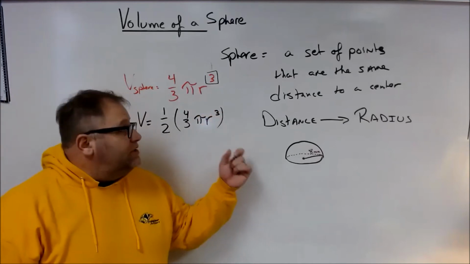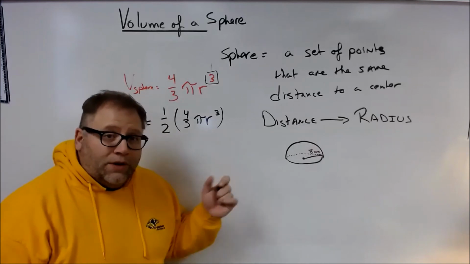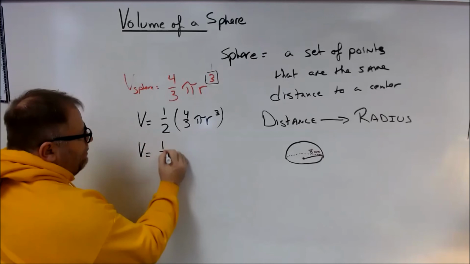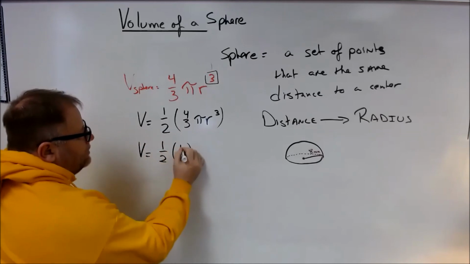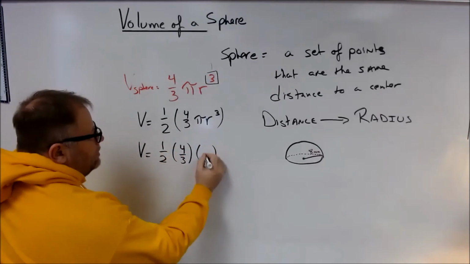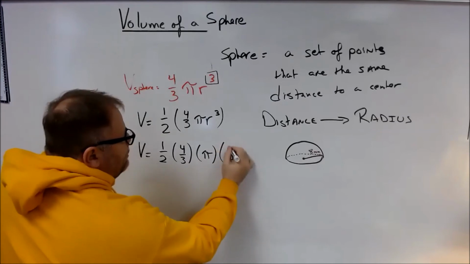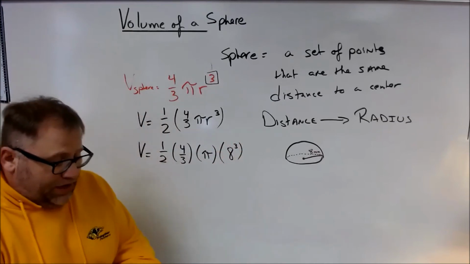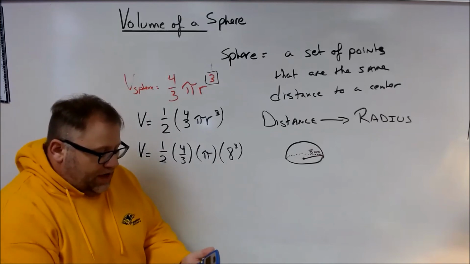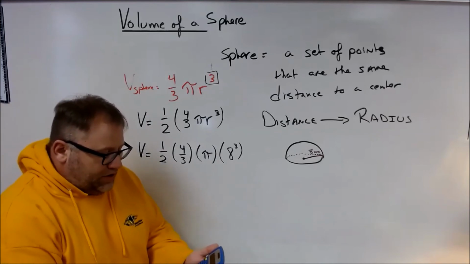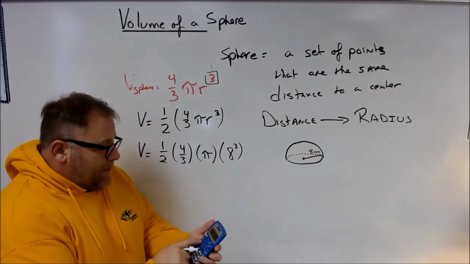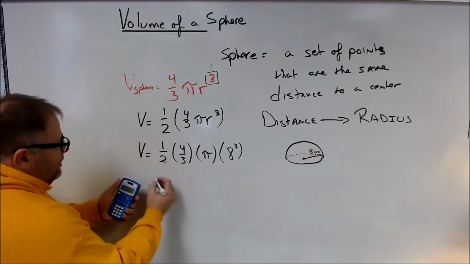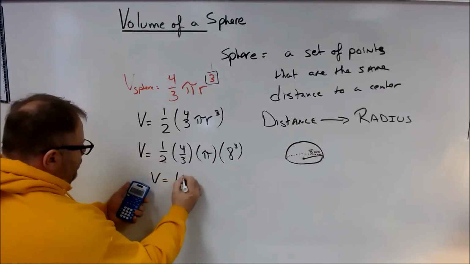Every time I do this, I'm going to write the formula, and then right below it, write the numbers into it so that I get used to that formula. 1/2 times 4/3 times pi times 8 to the 3rd. Once I have that, I put that into my calculator: 1/2 times 4/3 times pi times 8 hat 3 equals. And then I get a volume that is